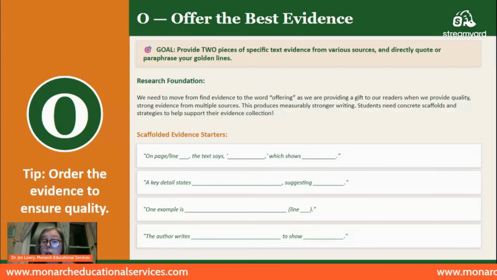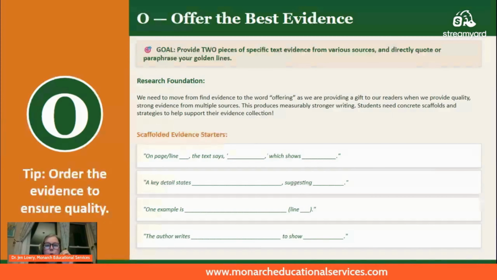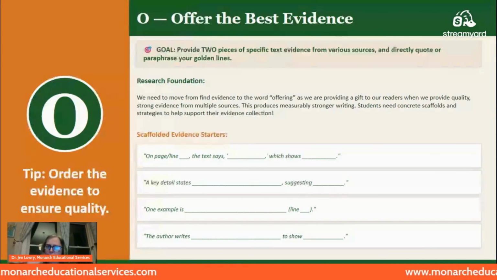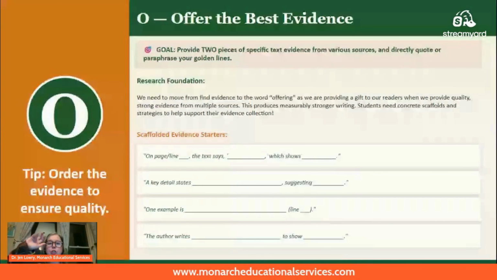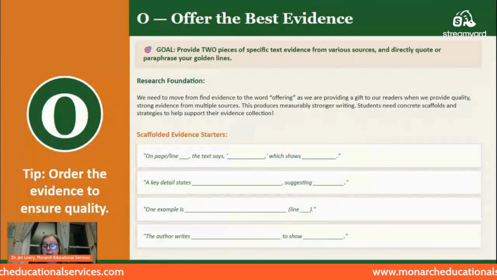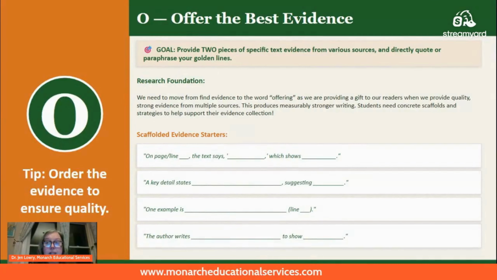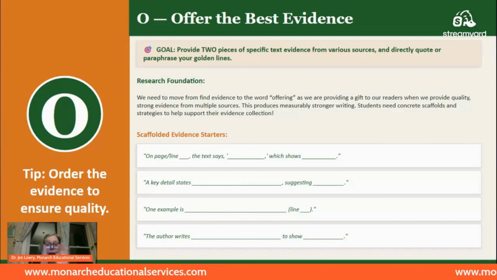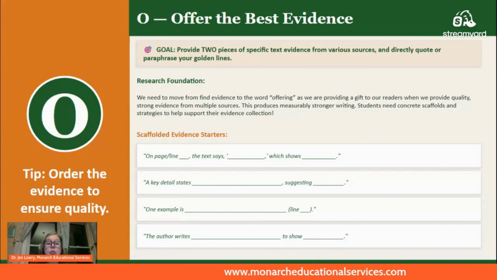I also love the order of the evidence, because let's say you're out there collecting, you're an evidence collector, like with your butterfly net, right? That's already been built out. You're evidence collecting, you're swooping it in. Well, now you've got these pieces of evidence and now you've got to order them. So when you are lining up your paragraph, your argumentative piece or your statements, you really want to catch that reader in that net too, right? So you can order your evidence to ensure quality.